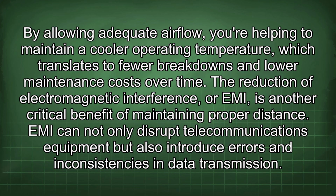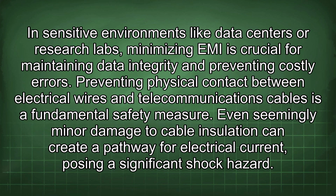maintenance costs over time. The reduction of electromagnetic interference, or EMI, is another critical benefit of maintaining proper distance. EMI can not only disrupt telecommunications equipment but also introduce errors and inconsistencies in data transmission. In sensitive environments like data centers or research labs, minimizing EMI is crucial for maintaining data integrity and preventing costly